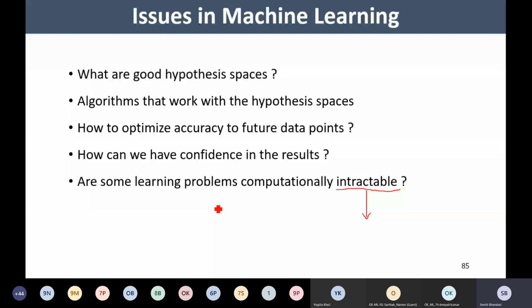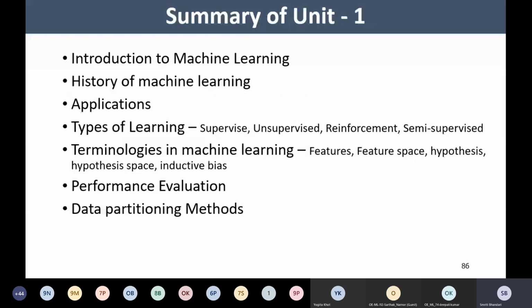Okay, so with this we have done with our unit number 1. Let me summarize what we have studied in this unit number 1. Initially we had an introduction to machine learning. We have seen various definitions of machine learning. We have seen various related concepts also. What is meant by data science, what is machine learning, what is deep learning, what is artificial intelligence, right? Where this machine learning stands, and many such related concepts.